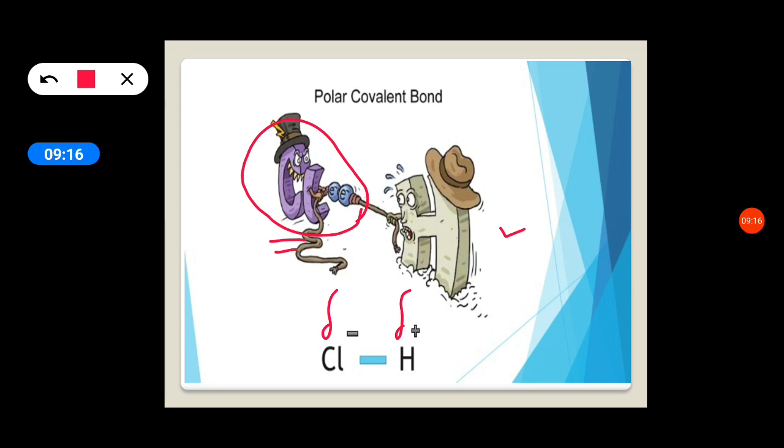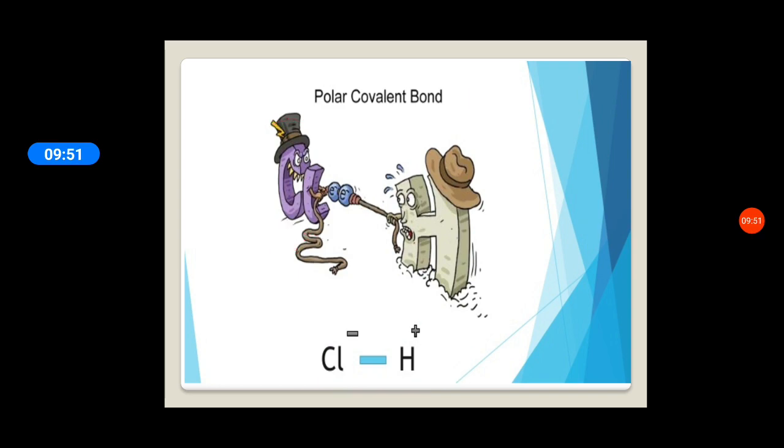Still, there is a covalent bond. The electrons are not completely shifting to one of the atoms. They are not leaving their valence shell, but just shifting towards the more electronegative atom. Therefore, one acquires more electron density, another acquires less electron density. Thus, it is called a polar covalent bond, and the molecule which has the polar covalent bond is called a polar molecule.